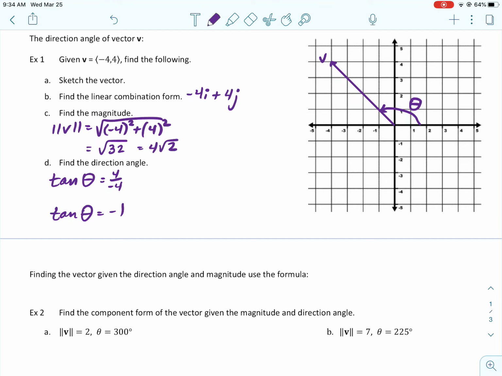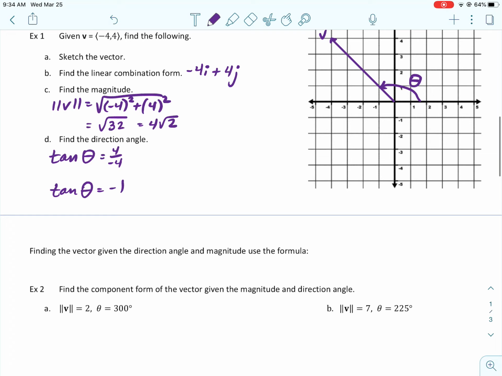Then we're going to go ahead and use degrees for this. It seems like you see degrees with vectors more than you see radians, but you could see either one. So I do need you to know how to do this with degrees and with radians. But I think with the hand trick, you guys are a little more comfortable with radians. So anyway,